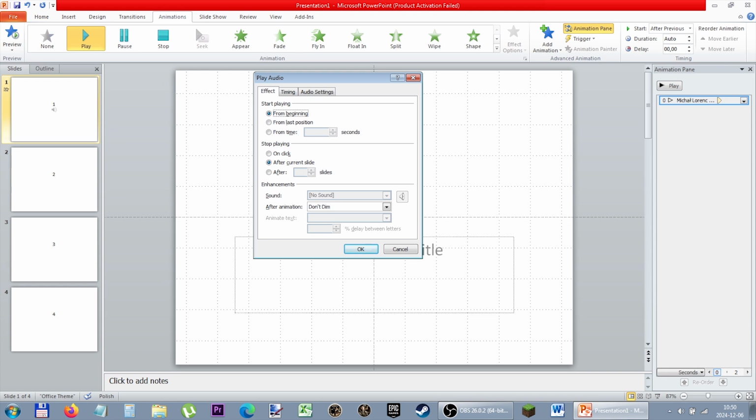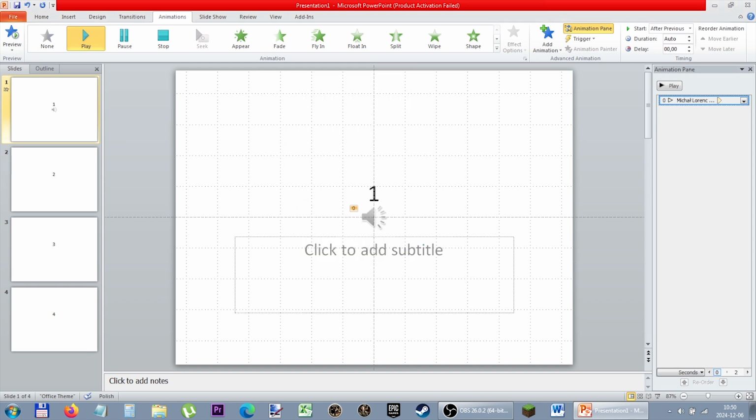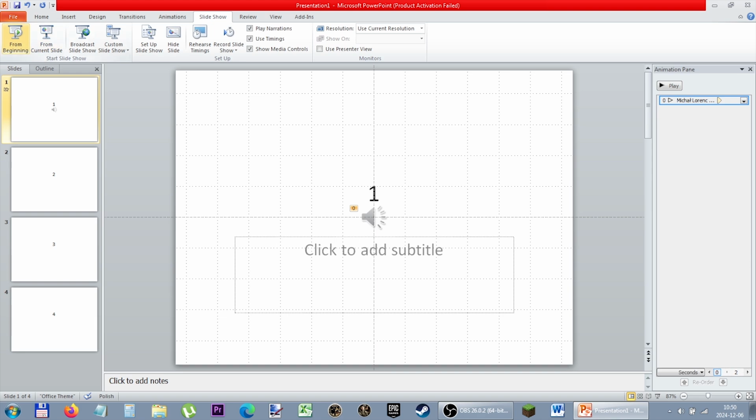As I said, by default it is set to After current slide. We need to change it to After and set the number of slides it needs to stop. We want 3, that's why we type 3. We save the setting, and now we can preview if it works as intended. It plays on the first, on the second, on the third, and it is stopped when we open the 4th